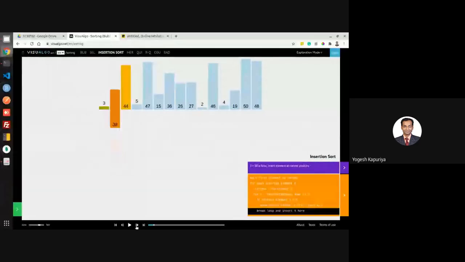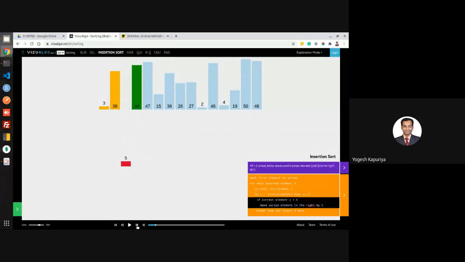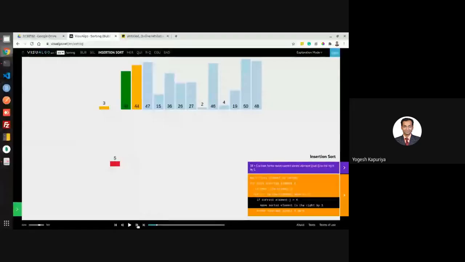Right? Again, 5. You will start comparing an element with 44. So 5 and 44 are compared. Because 44 is greater than 5, it will be shifted towards right. Again, you will compare 5 with 38. 38 is greater than 5, so it will be shifted.